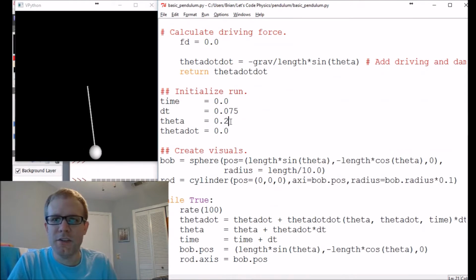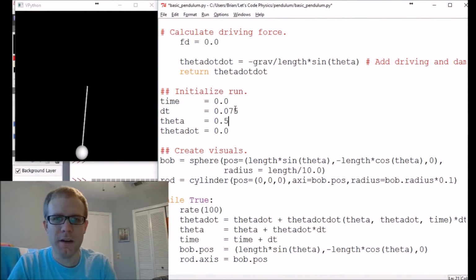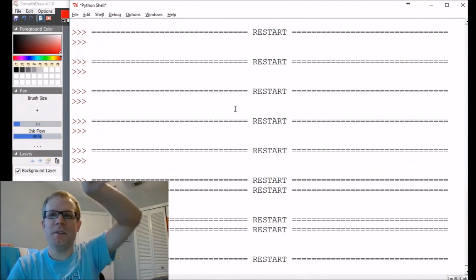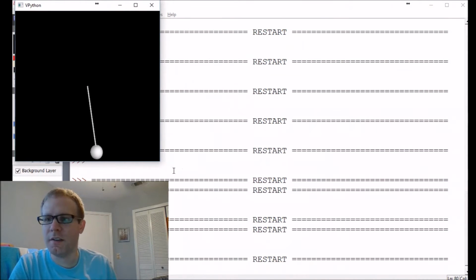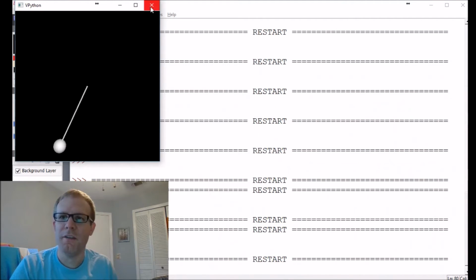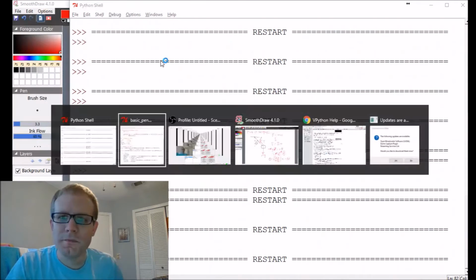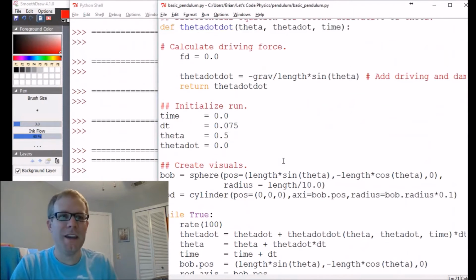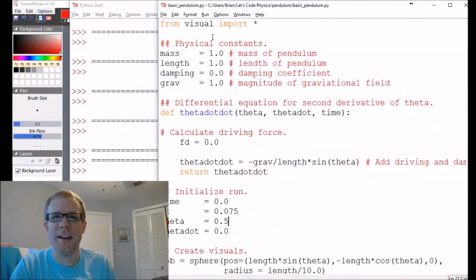The other stuff that I can change, let's see, if I make this bigger, I should get a larger amplitude, so it should start out higher. Good. You notice it's also reaching a higher speed there at the bottom. I suppose I could put in a velocity vector. Of course, we're not just interested in watching an animation. We would also like to be able to analyze the